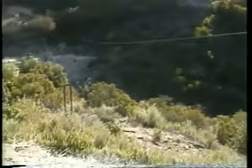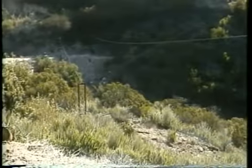If they want to go down a canyon, they go down a canyon, up over a hill. Or if they want to go around the corner of a ridge, they'll just put a dead man with a pitman on it and go right around and make almost right angles with it. To hook up the